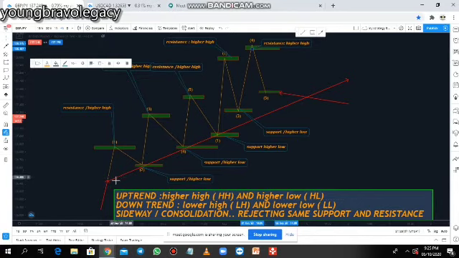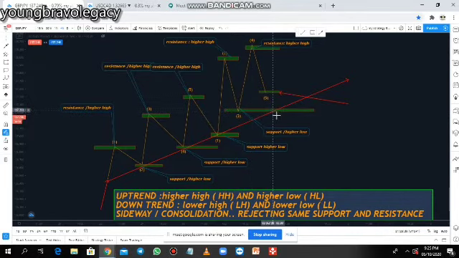Now it's not just this line that we draw, but this formation, this structure that it is forming is what validates it as an uptrend. In an uptrend, price will continue to move upward, so by moving upward, price will continue to create highs, and will not break the previous low. If you look at this, this is the previous low. So all the highs that we are going to have next must not come below this area. Once we come below this area, this uptrend